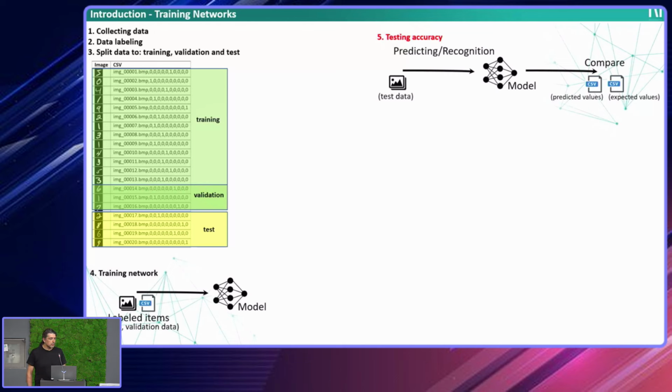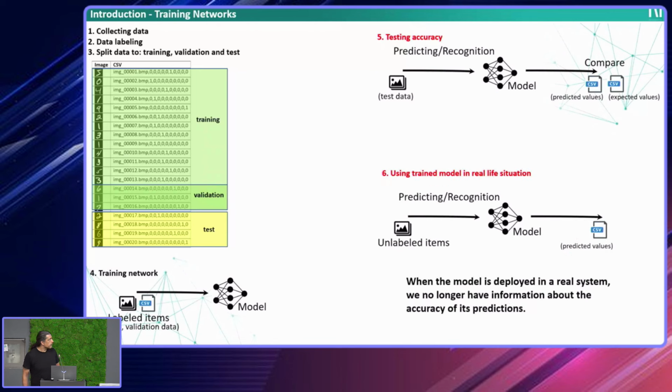We can estimate the quality, how precisely the model can predict what we want. And if we are happy with this, we start using that neural network in a real-life system. But at that time, if we put something on the input, the neural network will give us some values on the output, and we don't know if that is correct or not. If we really want to see if it's correct, somebody needs to check that data. But usually if the model is working somewhere without human supervision, we don't know if its prediction is